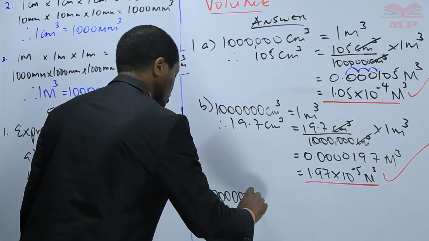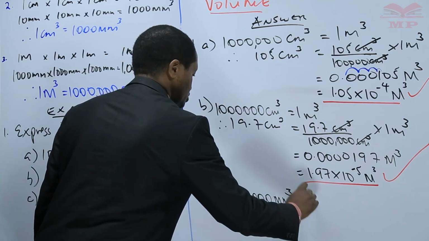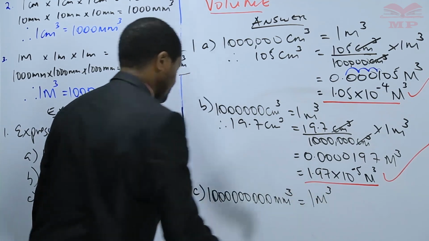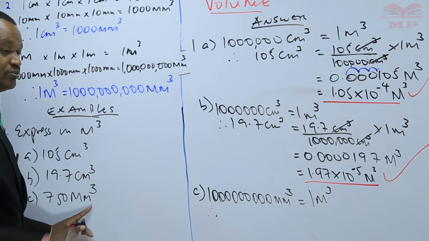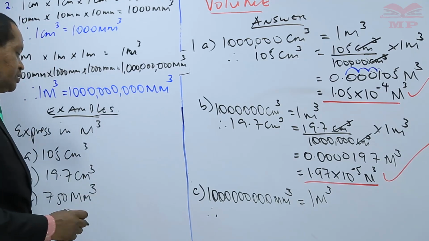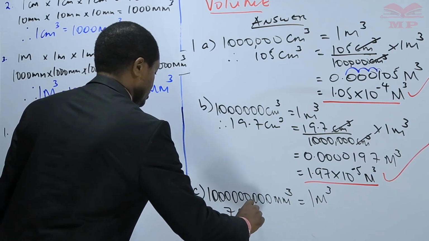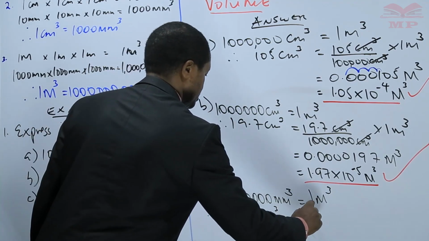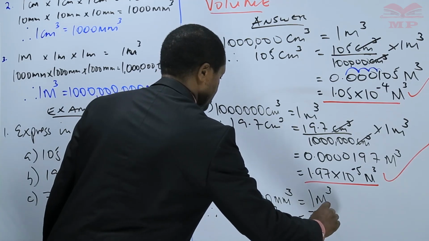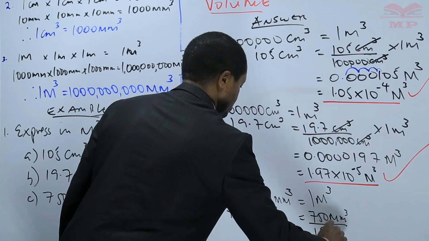Therefore, 750 cubic millimeters will be equal to how many cubic meters? We have 750 cubic millimeters divided by 1 billion